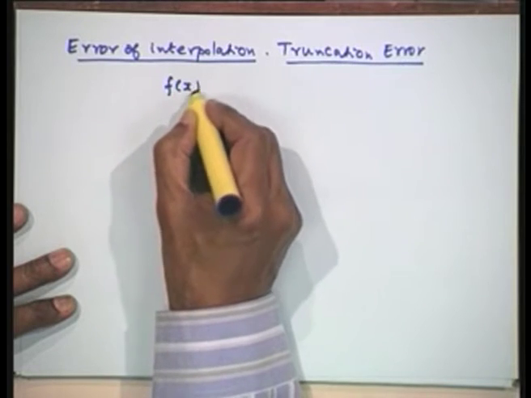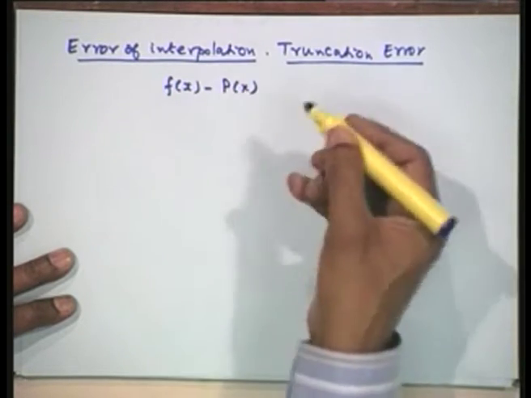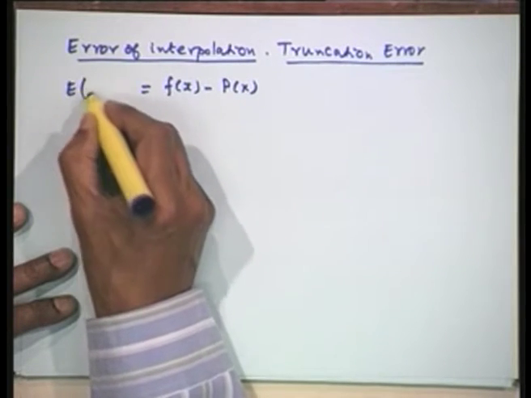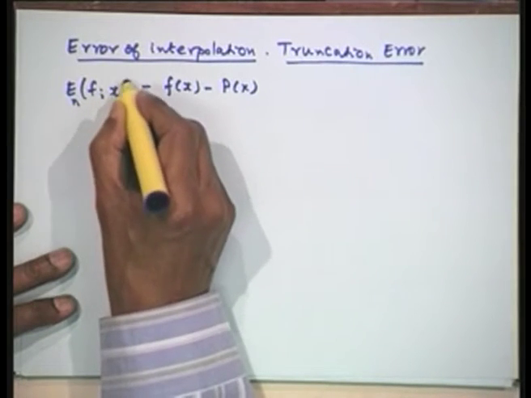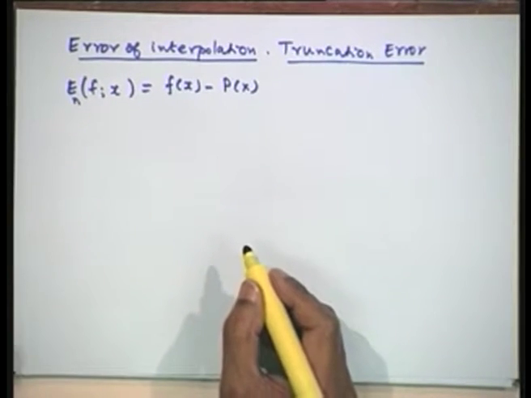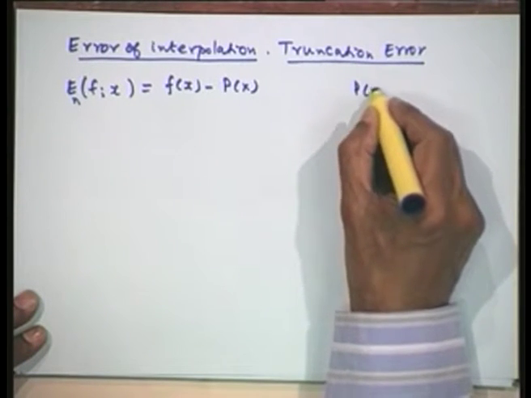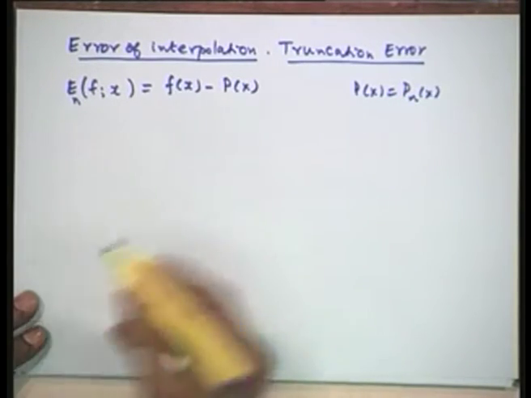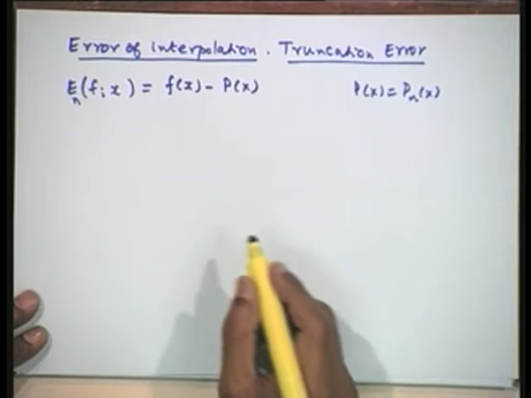So, let us denote this f(x) minus p(x). p(x) is a polynomial of any degree 1, 2 or 3 or anything. This is our approximation, and let us denote this as the error, E_n(x), the error for a polynomial of degree n. So, that means we are now writing in general p(x) as p_n(x). It could be n is 1, linear; n is 2, quadratic polynomial; or otherwise a polynomial of degree n.